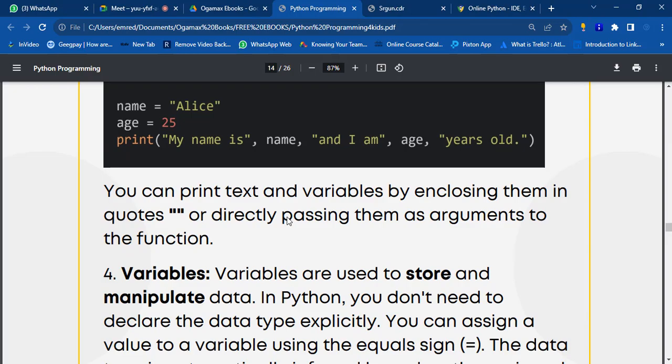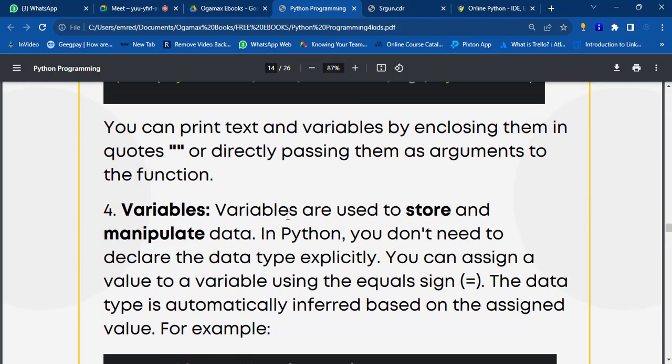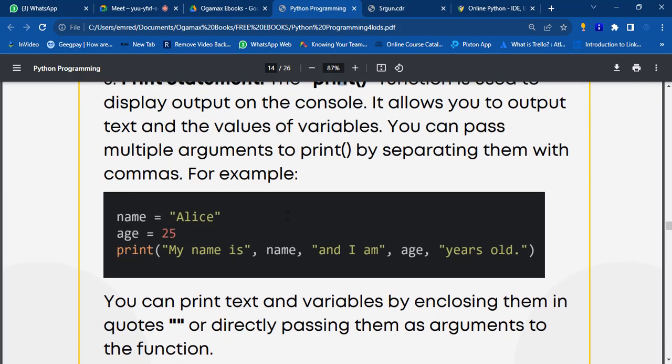So now I think variables is going to be, before we talk about data types, the last syntax. Now the variables are used to store